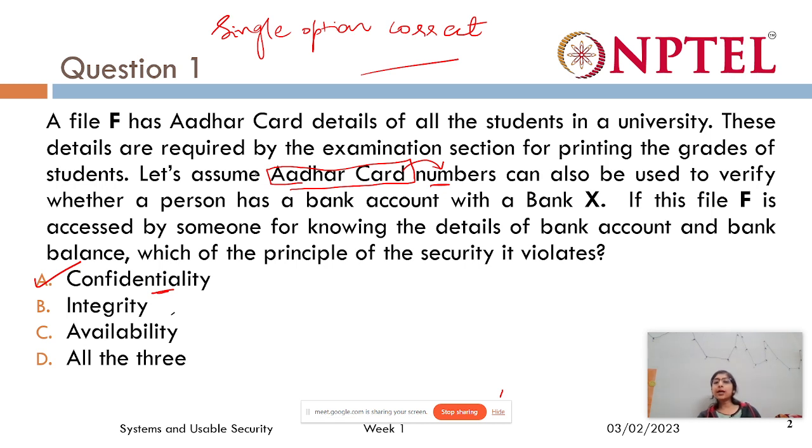So see, Aadhaar card number can be considered as a primary key. It is used to identify the individuality or uniqueness of an individual. So here, what the question says,